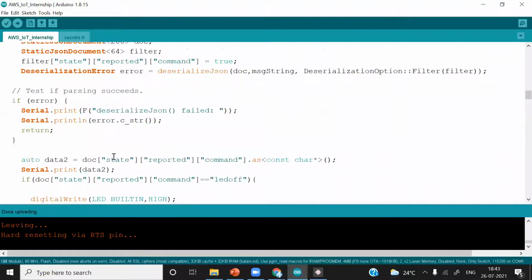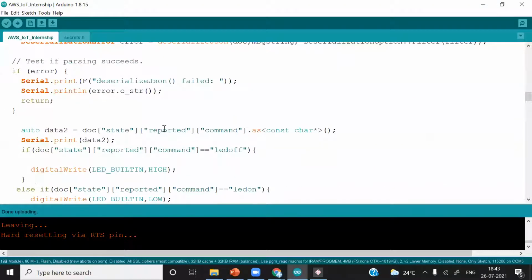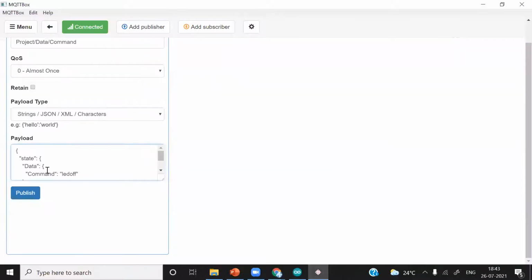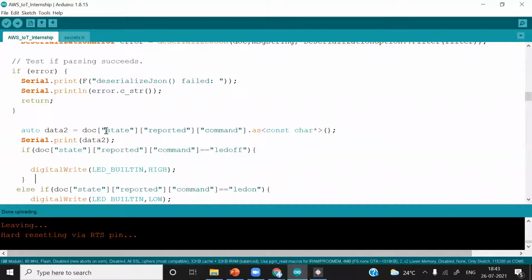So we must create the payload according to this one. So first is state, reported, and command. State, reported, and command. The C was small case. State, reported, command. I'll just check one more time. State, reported, command. It will filter this data.